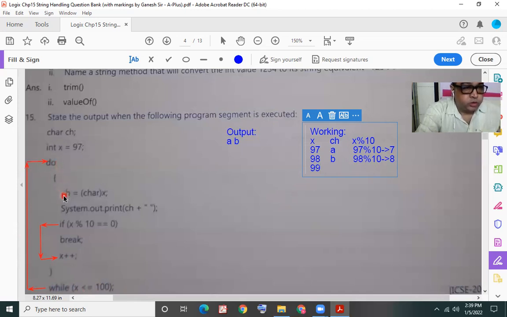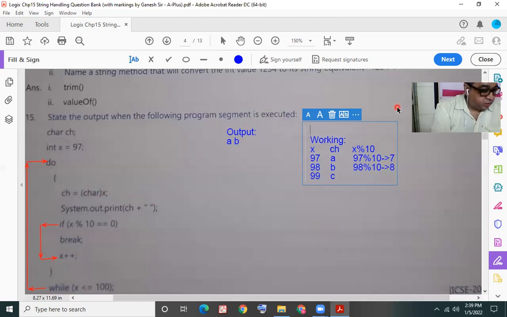So now we are executing the loop for the third time with the value of x being 99. Now 99, we are converting it to character type, 99 being the ASCII code. The corresponding character for the code 99 is c, lowercase c. This is stored in the variable ch. Remember last session I had shared with you the ASCII code. Once again, for your reference, I'll just type the ASCII codes of the characters in lowercase.